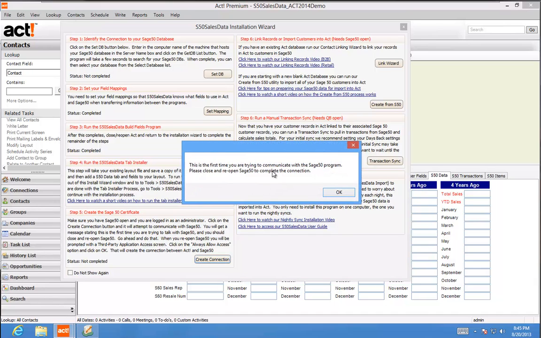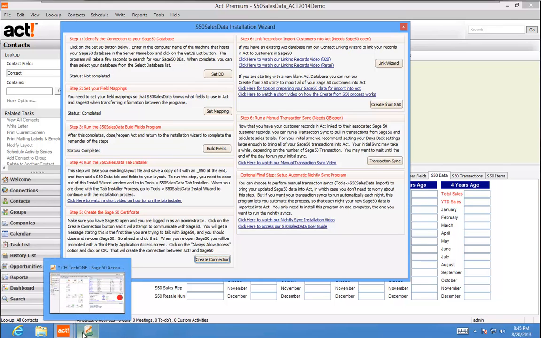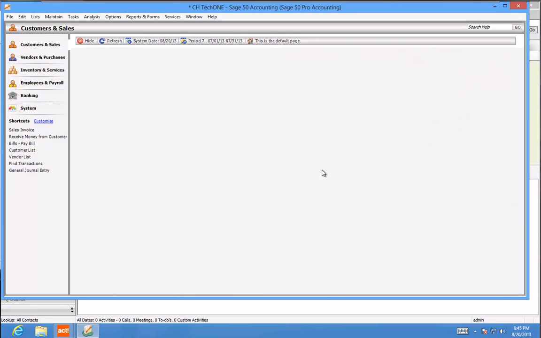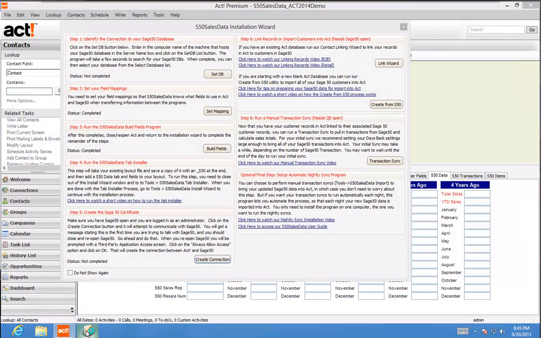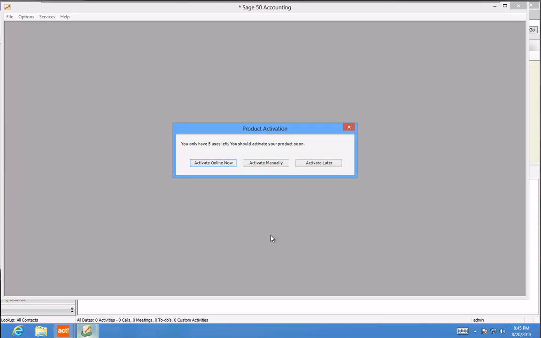And it will tell you this is the first time we're trying to communicate. You need to close out of the Sage 50 program and open it back up. So let's go ahead and do that. So I'll open up Sage 50, I'll close it. And then I'll click on the icon to open it back up. And when we go back into the Sage 50 database,